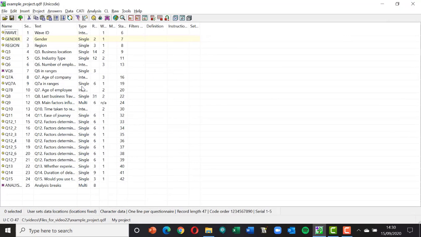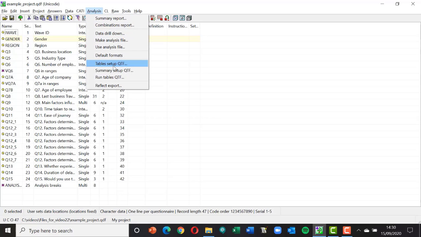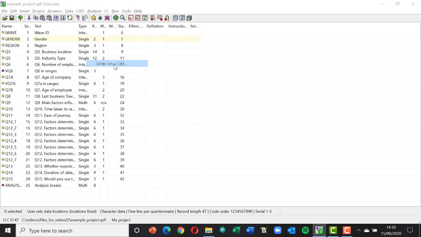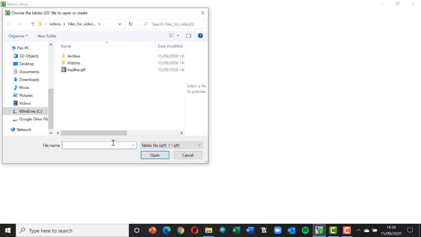But more commonly, you actually want to start building your own crosstabs, perhaps starting with every question by a standard banner or some questions by a standard banner, then perhaps producing some tables that are filtered and so on. So we're going to look a little bit deeper now and see how we go about that. So I'm going into the analysis part of the program. I'm going to make my own tables file here. So I'm going to click on this and I'm going to call this